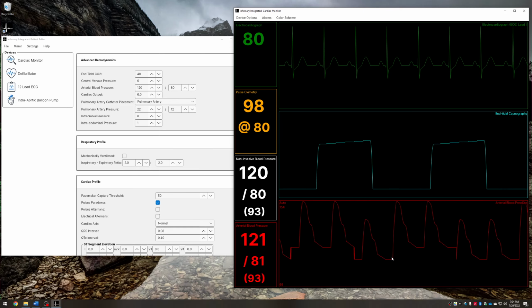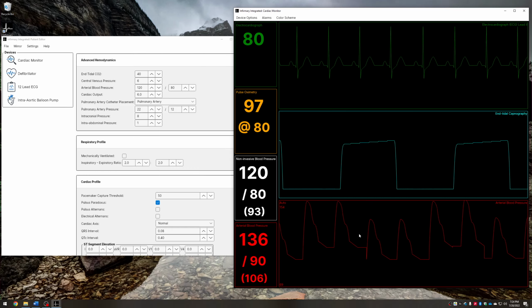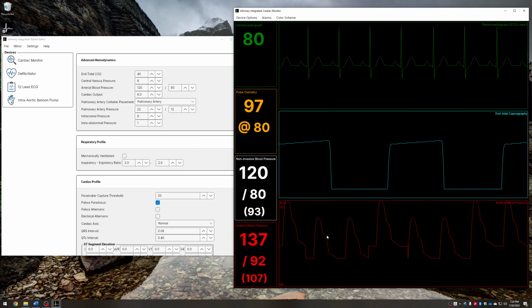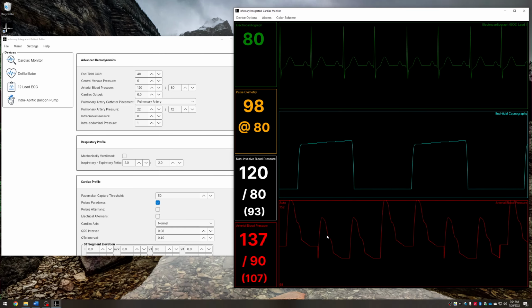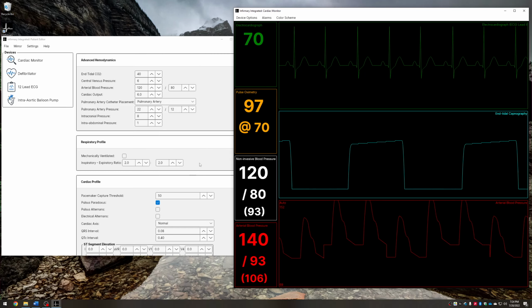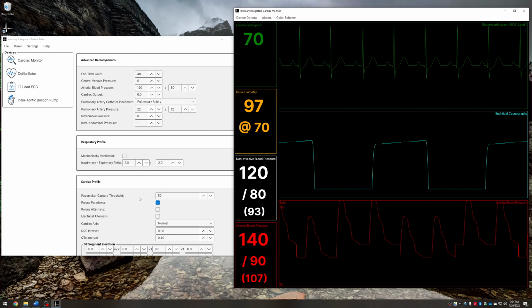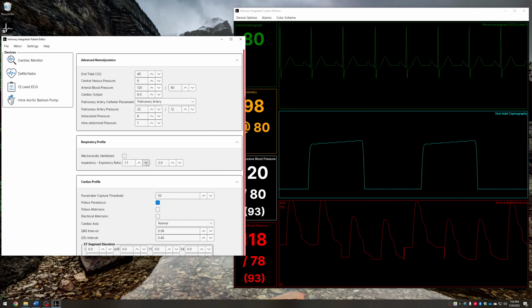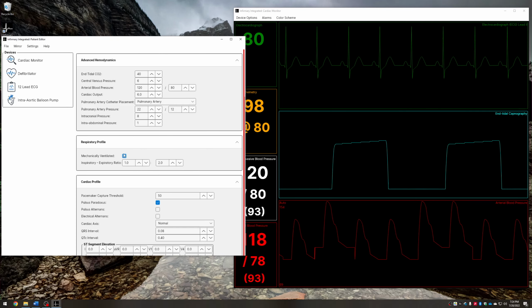Sometimes the edges are a little rough, but clinically, the waveforms all correlate to each other and make clinical sense, and that clinical realism is something we can teach our students to make clinical decisions from. I'm going to change the I to E ratio a bit,